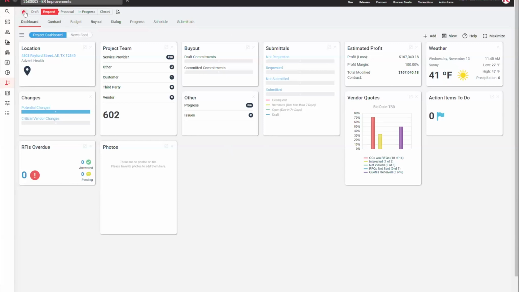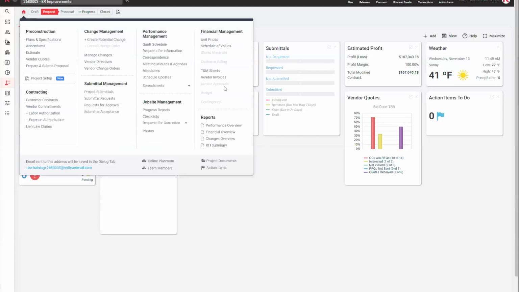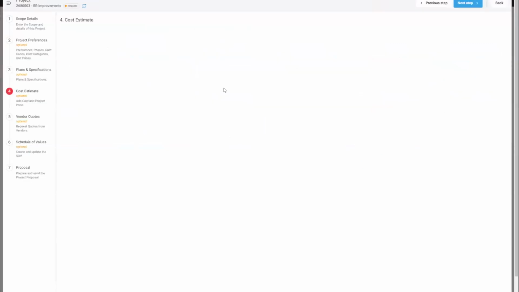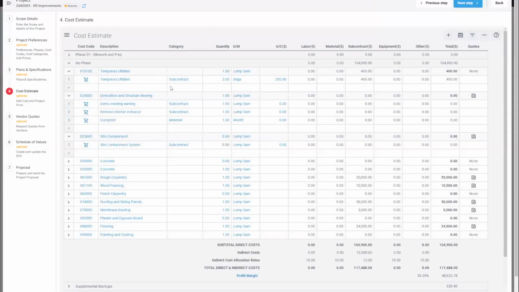So first thing we're just going to start off with is clicking the home and jumping into the estimate. This is our easy to use spreadsheet style estimate, which does allow you to go ahead and use it just like you would Excel, because most people know Excel, so we figured it was the easiest way of having everyone jump in there and just start using it as simple as possible.